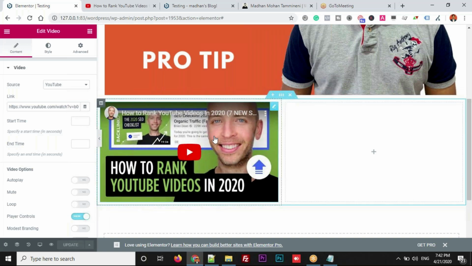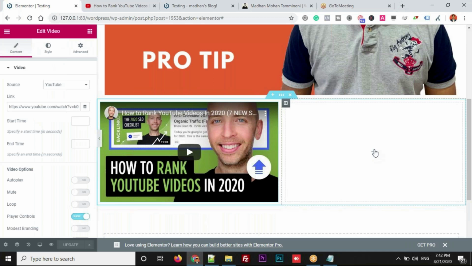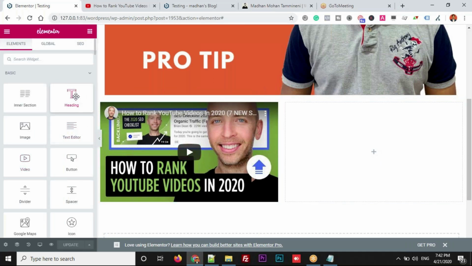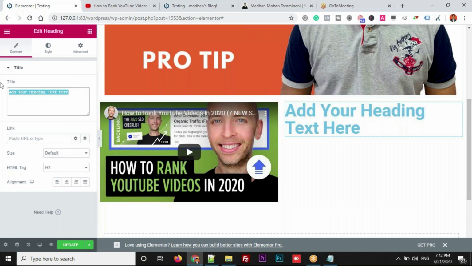Now I'm done with the first column. Let's go to the second one. In this second column, I want to add a paragraph. Along with the paragraph, I want to add a button. Okay, let's see how to do this. This time click on this plus symbol, and as I mentioned, if you want to add a heading here, in that case pick this heading, just drag and drop. Content has been added. Just because it's a heading, the size is very big. I'll show you now how to change the sizes and all one after another, but at this moment this is how it looks. And you can observe on the left side this title related options are there. You can simply change this text.